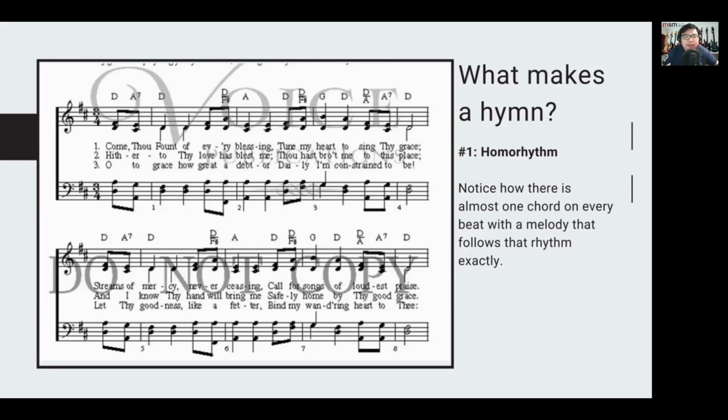Automatically, when I played it like that, you thought, oh man, that is so traditional. That is so traditional service. Now, that's why the homorhythmic style is the reason why it sounds like that. One chord for every beat, and the melody follows that rhythm super exactly. And not to mention, the homorhythmic style perhaps sounds better with an organ because they're able to play those polychords